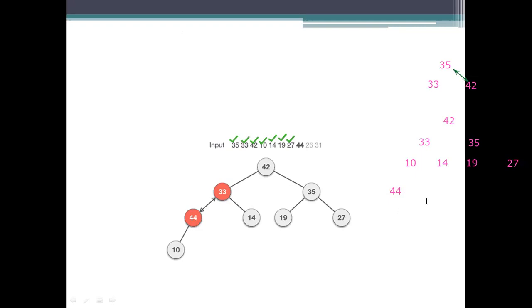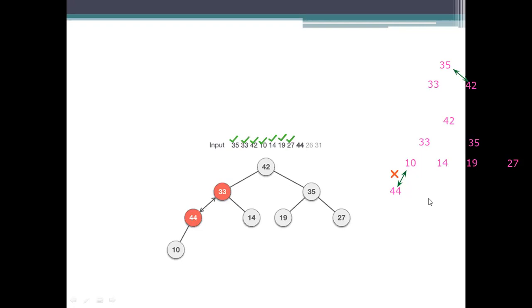Now we need to follow the step 2, step 3, step 4. So what is the step 2? Comparison has to be done. So the comparison is done here. The comparison is between this 44 and 10. So what is the value? It is less than the 44. What we need to do? We need to swap the values here. I need to swap the values.